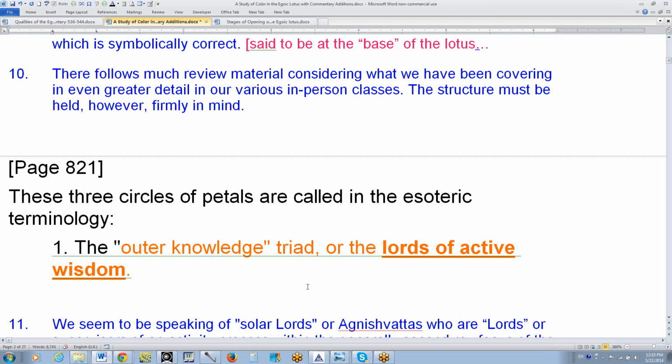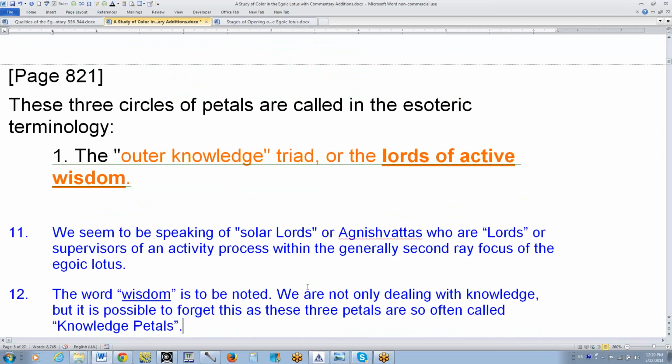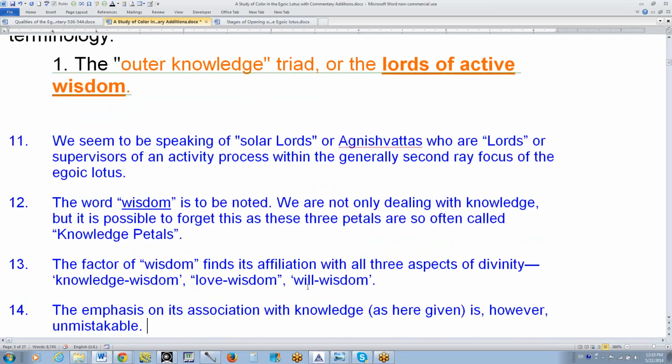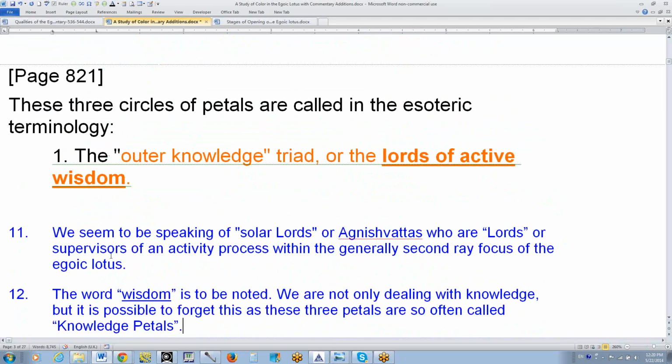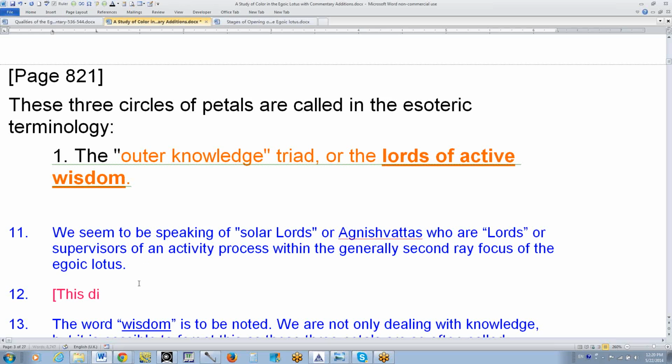So these 3 circles of petals are called in the esoteric terminology, and the first one is the outer knowledge triad, or the lords of active wisdom. Who are these lords? They have to be related to the solar angels or Agnishvattas. So we seem to be speaking of solar lords or Agnishvattas, who are lords or supervisors of an activity process within the general 2nd ray focus of the Egoic Lotus. Let's see. And this division of these